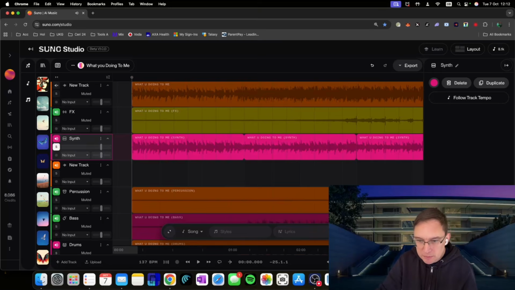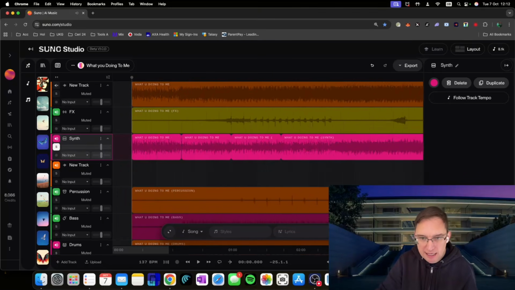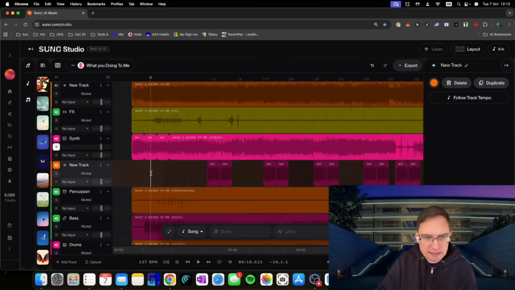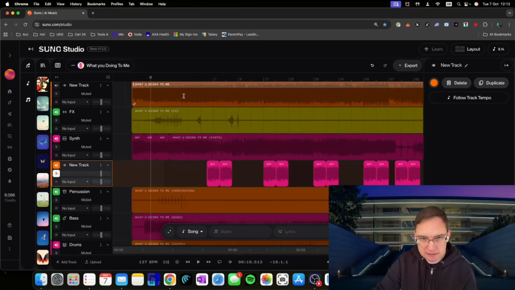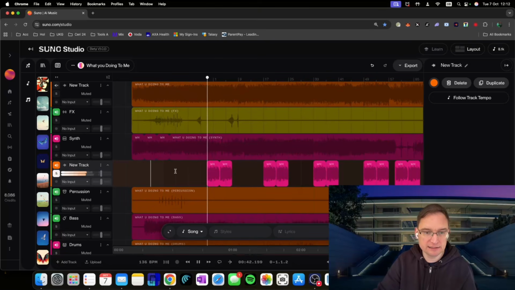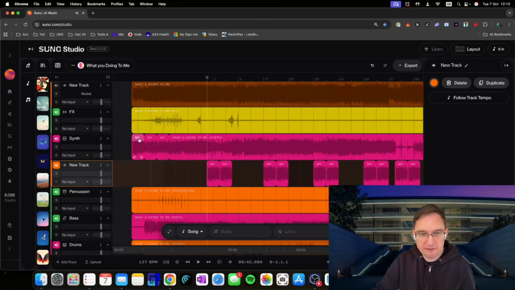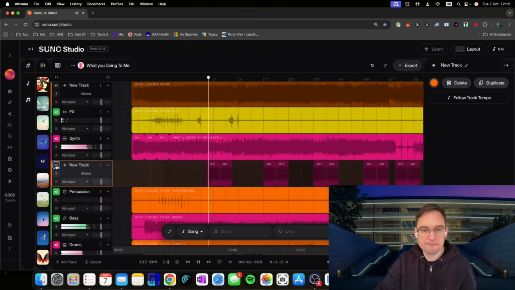Yeah, so I was chopping and slicing a few times there, and then I regenerated this bit here. So if I unmute synth and I put this bit in here, I was so pleased with the track. As I say, I haven't had to make many edits. Okay, yeah, I just repeated that first sample here. This is why I chopped it up, spliced it up, so that I could actually paste it in the arrangement during the quiet bits. Because if we have a listen to this section with this actually on mute,